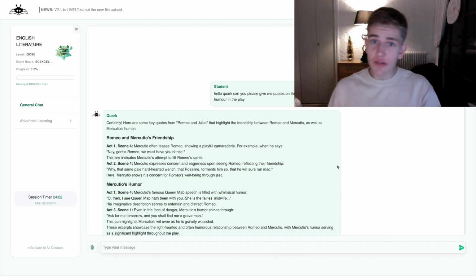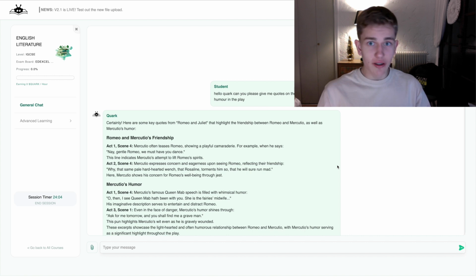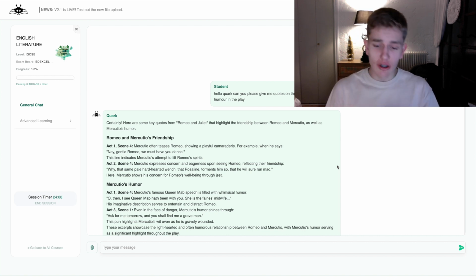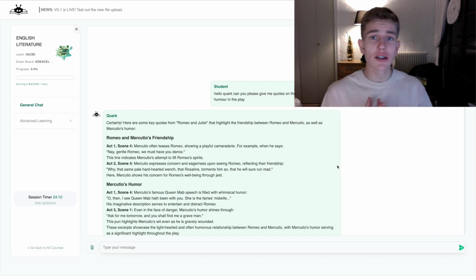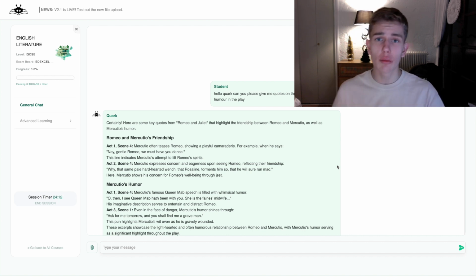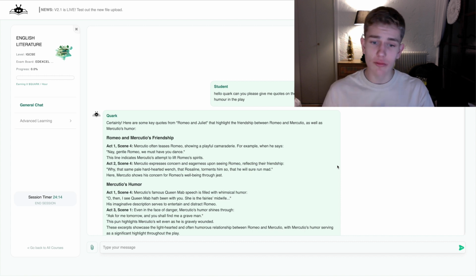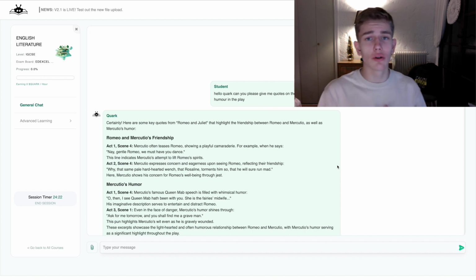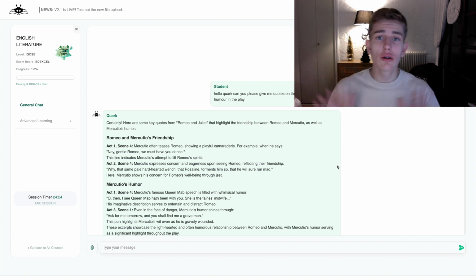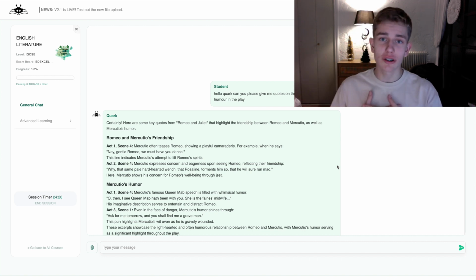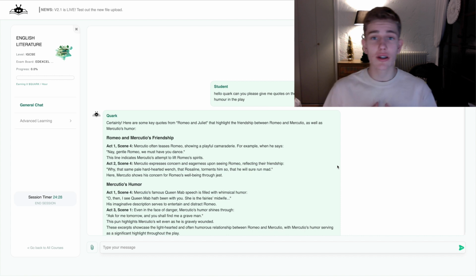And it is a pain going through the book, highlighting all the quotes, finding them, and analyzing the language yourself. It takes so much time. You can spend this time somewhere else and improve the efficiency of your education. Nobody wants to sit with an open book at their table highlighting every single word. I didn't like that when I was studying. But now there's a tool for this, and I still use it in English Lit in A level right now